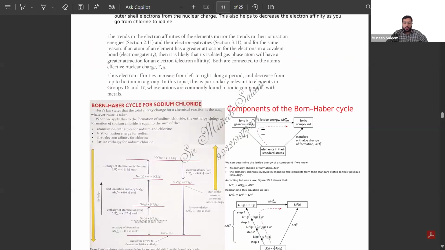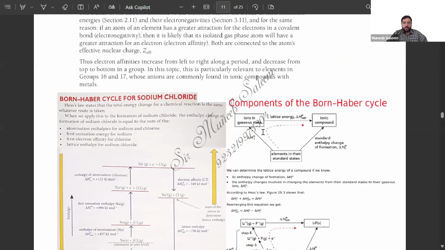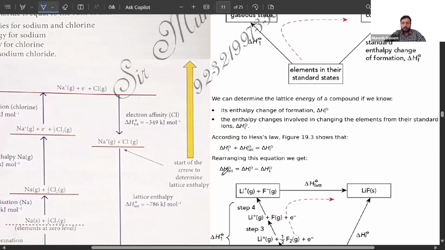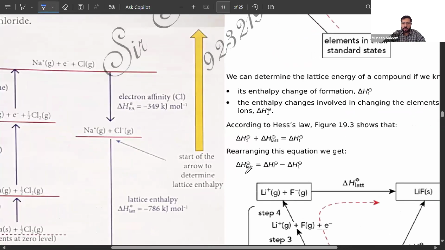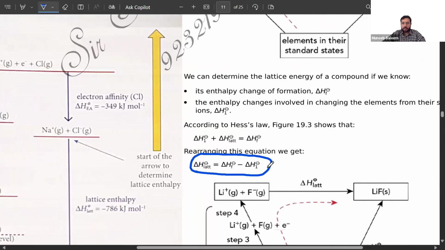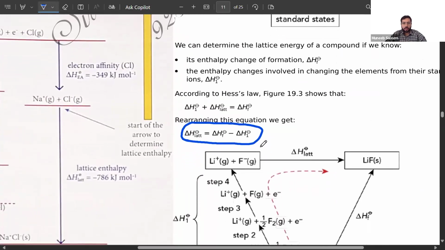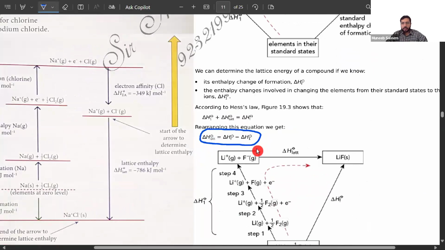Friends, I can show you the easiest way to find the answer from my notes. You can see here that this is the formula which we are going to apply. Delta H lattice is basically delta HF minus delta H1. That's such a simple formula in which the delta H1 is basically considered as the steps involved,